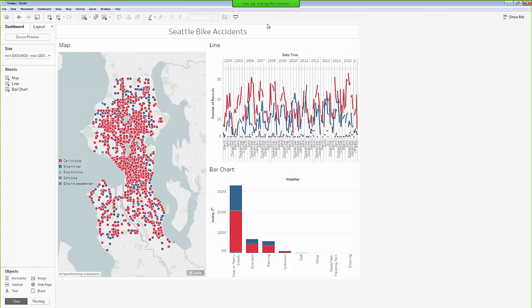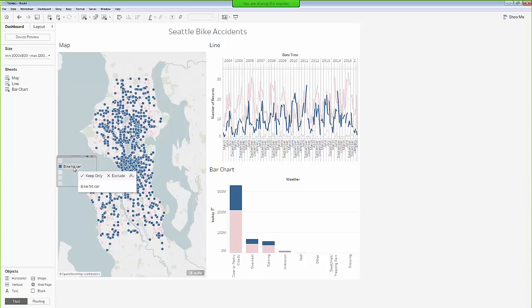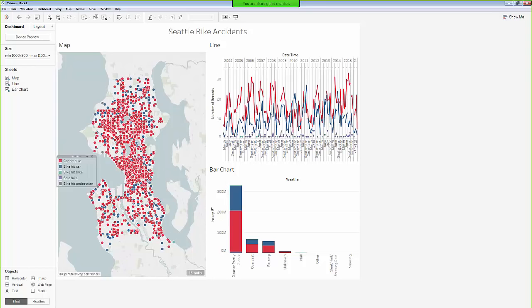All right. So this is effectively a dashboard. If I choose car, hit bike, you notice that everywhere on the dashboard, those actually highlight. If I choose bike, hit car, those highlight across all of the charts. So I would probably spend a couple of hours, knowing it was me, kind of tidying this up a little